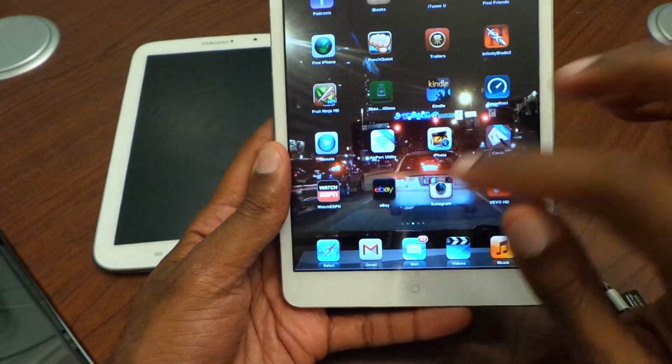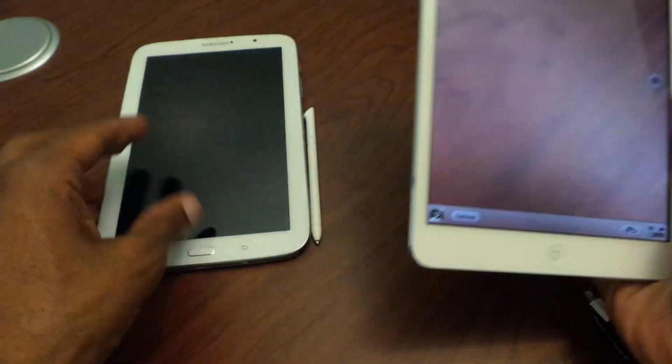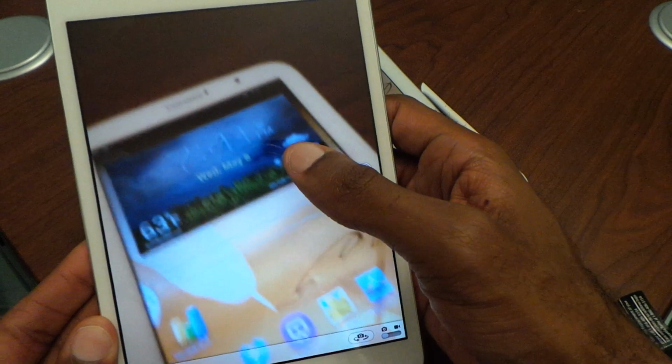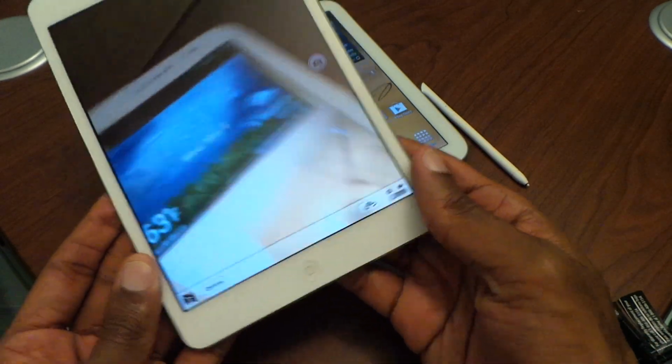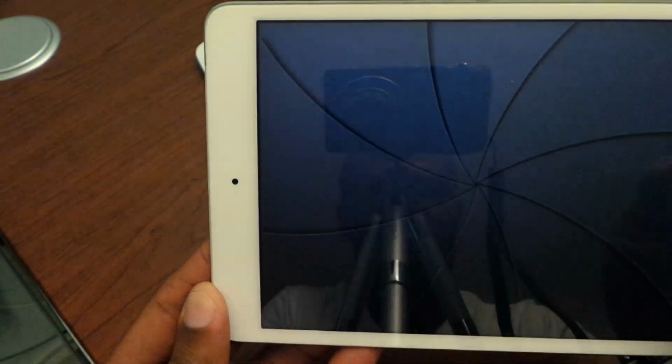Camera quality on both of them, they're like 5 megapixel cameras. There's nothing really too spectacular about them, but they do get the job done. The iPad takes decent pictures. And then if you pull up the Galaxy Note,